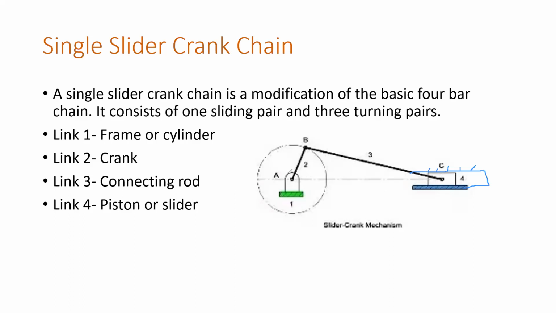Suppose we give link 2 turning motion. If you turn link 2 like this, what will happen? Its turning motion will be converted to the reciprocating motion of the piston here. This piston will reciprocate in the cylinder. And as you have fixed one link of the kinematic chain, this has become a mechanism which is called an IC engine mechanism. Okay, then secondly,